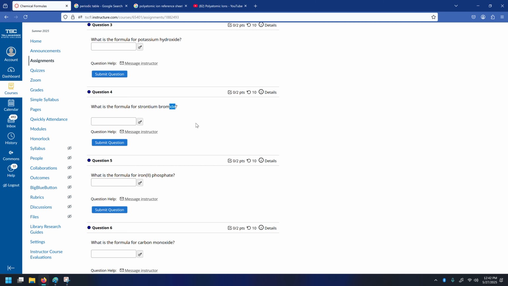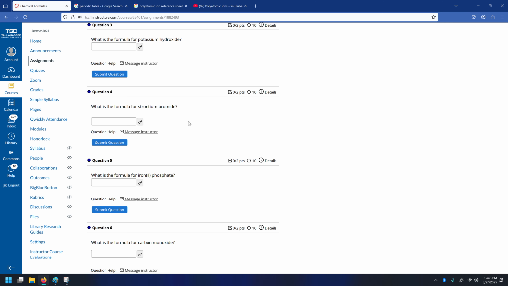If you see IDE, that's a pretty good indicator that you're working with a monatomic ion. There are some exceptions to that. Really, what IDE means is that it's an anionic species. So hydroxide, for example, isn't on the periodic table. That's something that you're going to just have to get familiar with, unfortunately. But for most of the homework problems, IDE means that it's an anion and usually going to be a binary